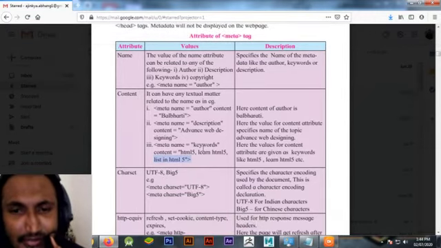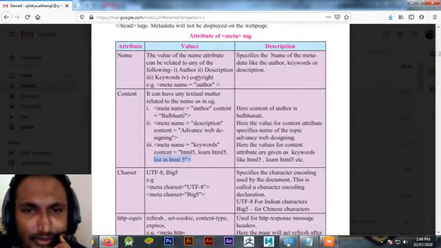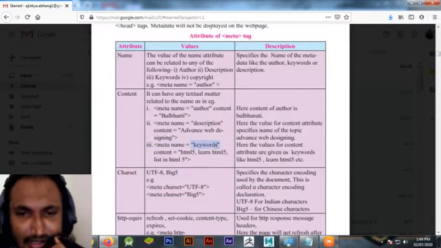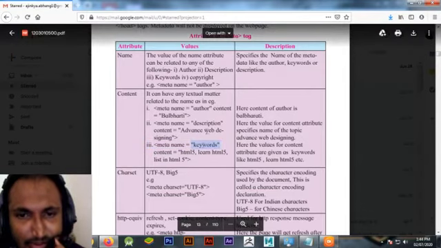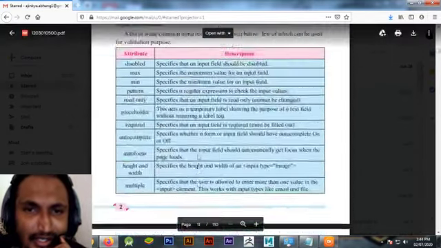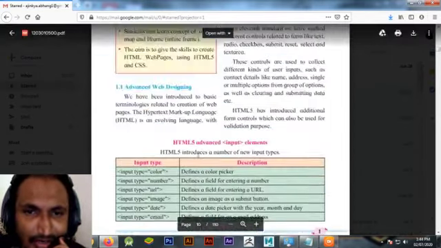If I write meta name keywords, and copyrights, I told you, if I write content name copyrights here, instead of keywords I write copyright, then the copyrights will be reserved by this. I should write this name here. The copyrights are reserved to this organization. See, the letter C is here. This is the copyright letter. So here they have given us a simple program about